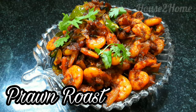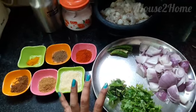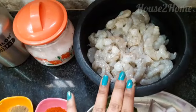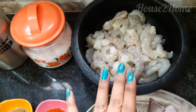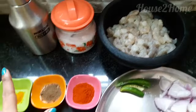This episode is on prawn roast recipe, a dry kind of roast that goes very good with rice. I've taken about 1 kg of prawn here, medium sized prawn, salt and oil,